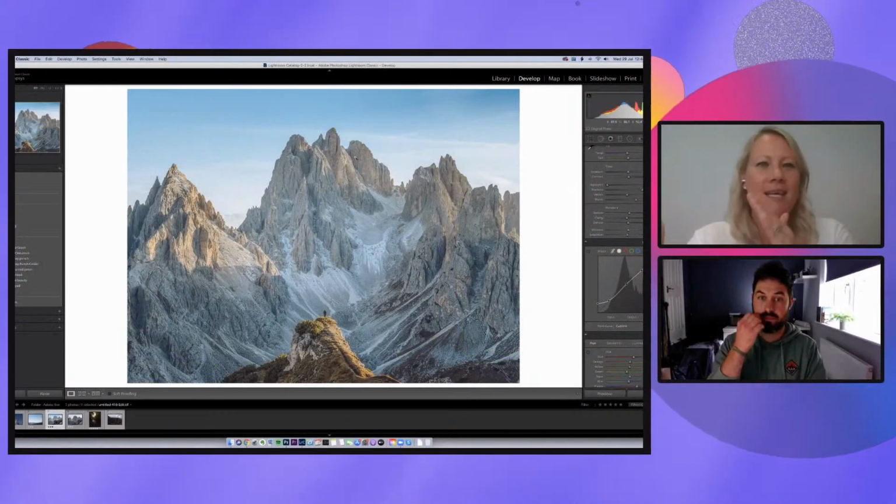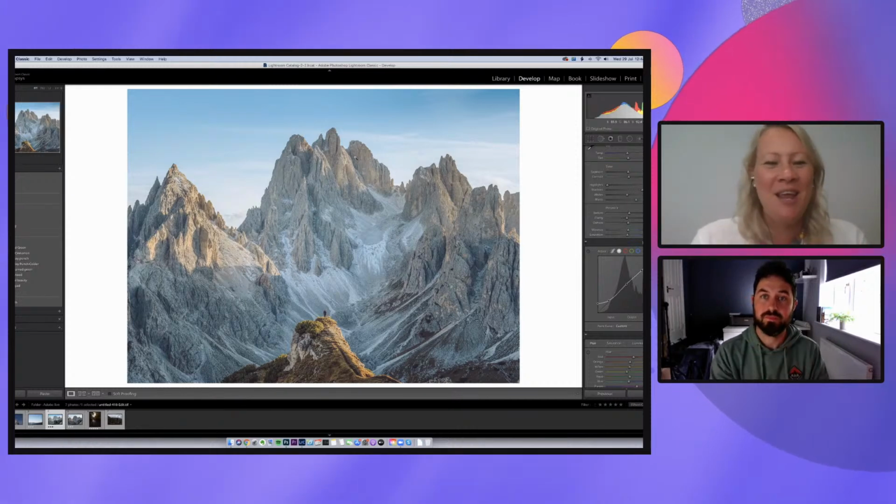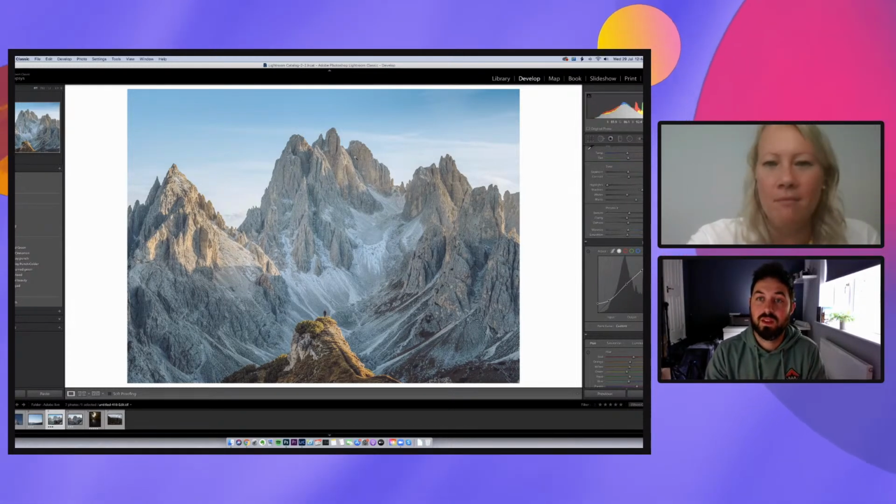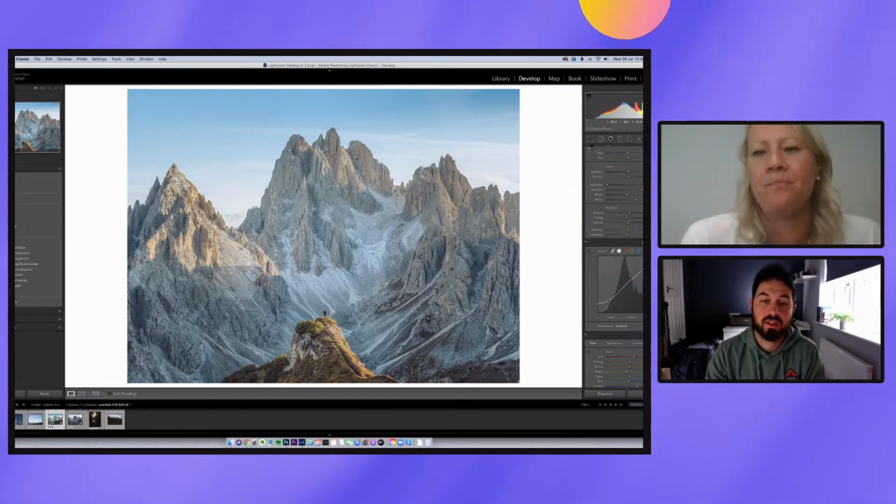And then how long would you spend on this image that you're working on now? Because as you mentioned earlier, it's so easy to get trigger happy playing with the sliders, and you could definitely spend a lot of time in there. Absolutely. How long? So now that I've done the